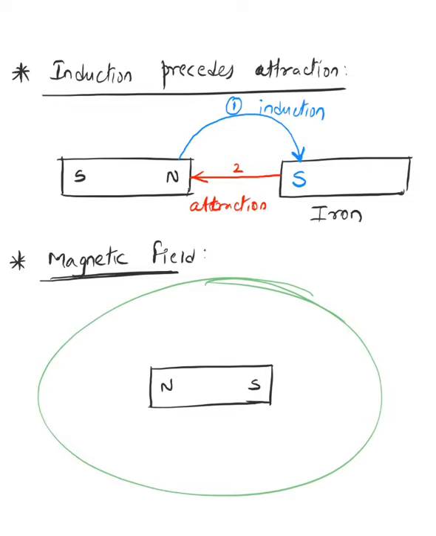Say for example, I've got a compass. If I keep a compass over here, a little far away, it will show me geographic north here. Then you get the compass over here, it will still show you north out there. But when I'm getting the same compass closer to this magnet over here, will it still show me north like this? No. Now it will not show you north over there. You know why? Because now this north is getting attracted by this south. So what do they say? That space around the magnet where a magnetic needle will not rest in its geographic north-south.